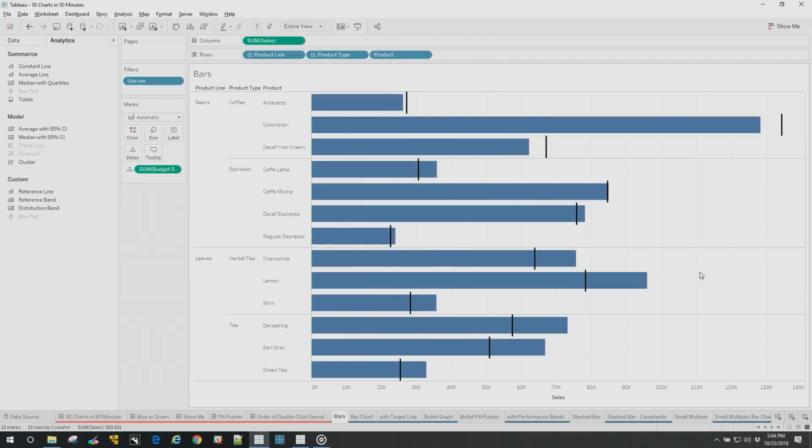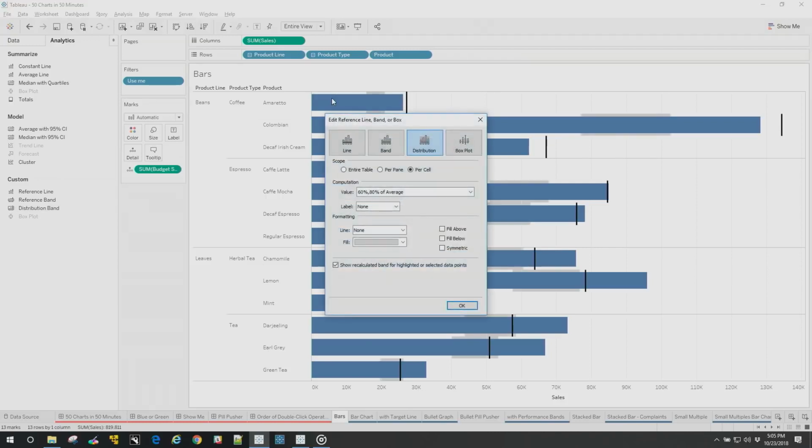All right, what if I wanted to turn that into a bullet chart? So this is one of the fast things you can do with the Show Me. You can go to Show Me and make a bullet chart. Well, all that is distribution bands, same thing. I take distribution bands, I bring it over and put it on the cell, and I have distribution bands. To turn it into a bullet, I can set the threshold, 60%, 80%, 70, 90, whatever I want, and